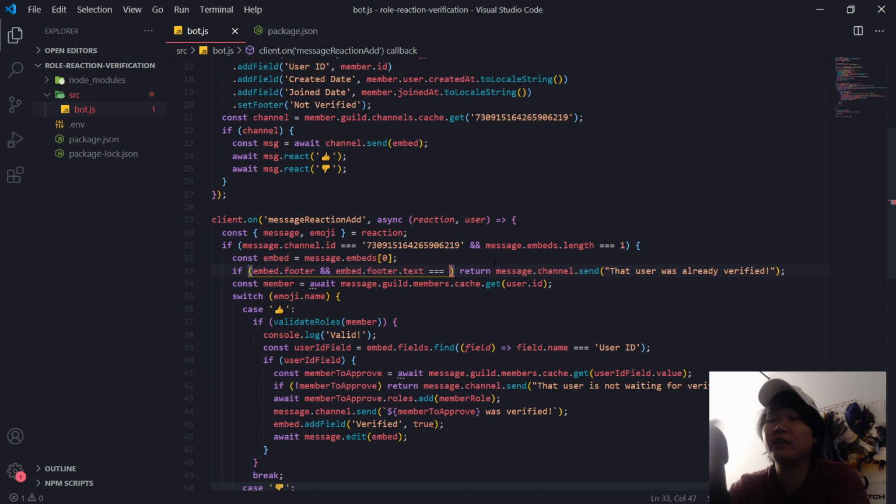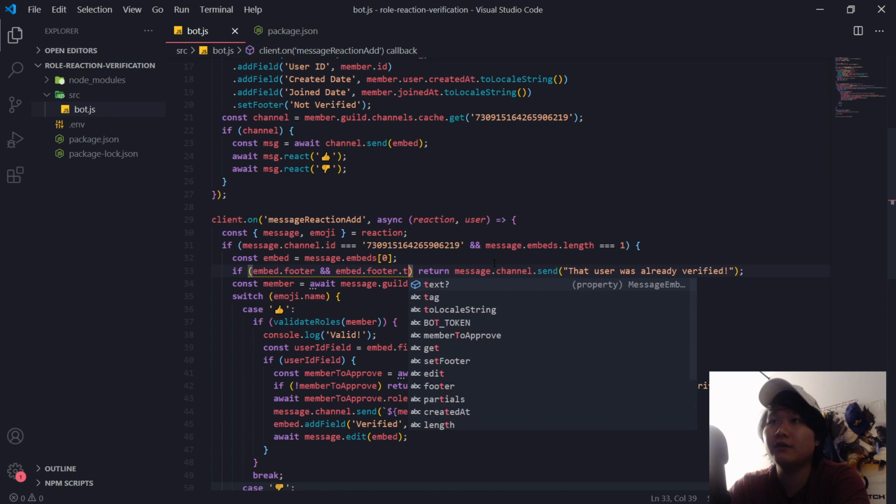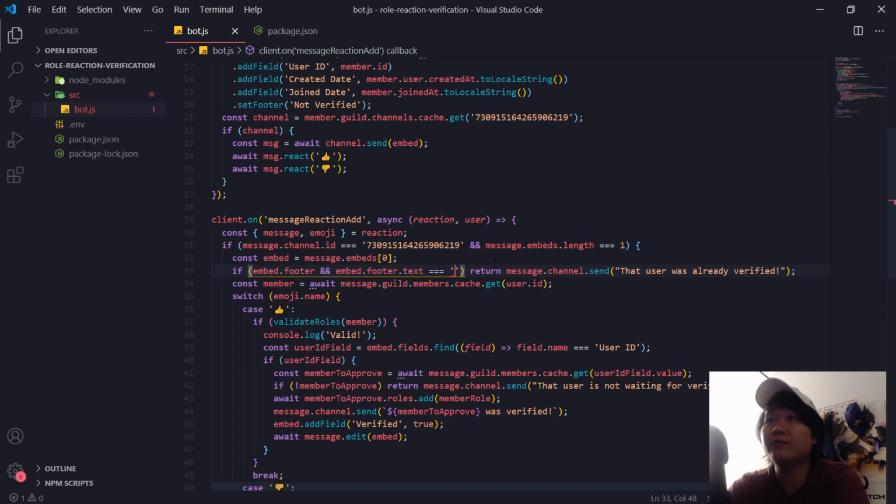So we want to make sure we're checking that it's truthy first before we check footer.text. And I'm not using ES6, so I can't use the optional chaining operator. I think I can, but we'll just do this for now. So if it's equal to verified, that users are verified. Okay, good. But since the footer is not verified,